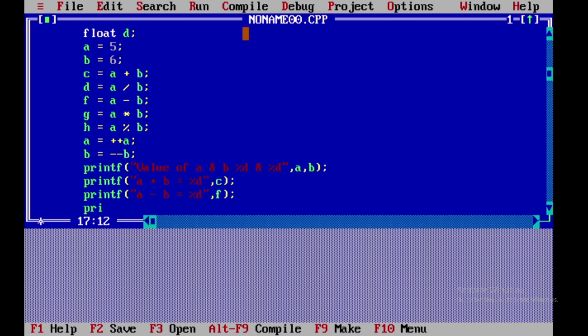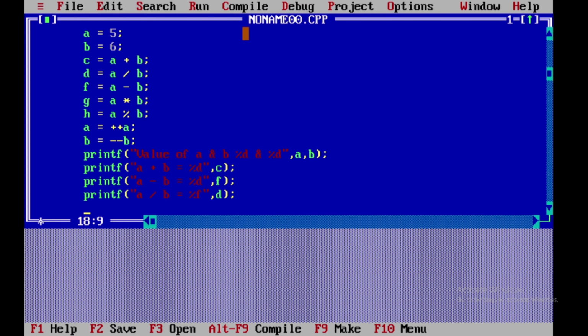Then we have a printf. So we will try to understand each and every operator here. So divide, a divided by b is equal to percentage f, that is d, sorry.